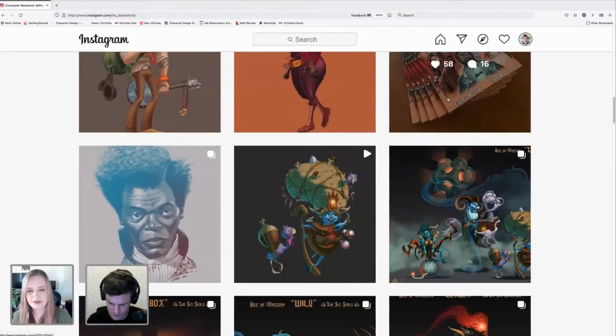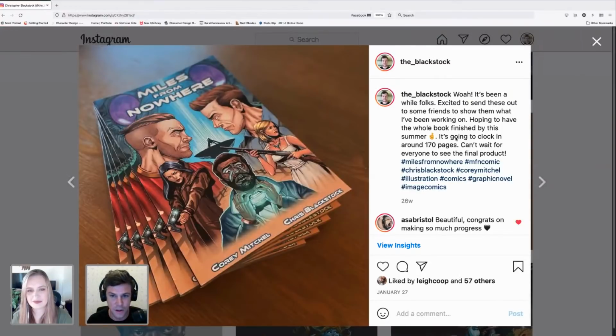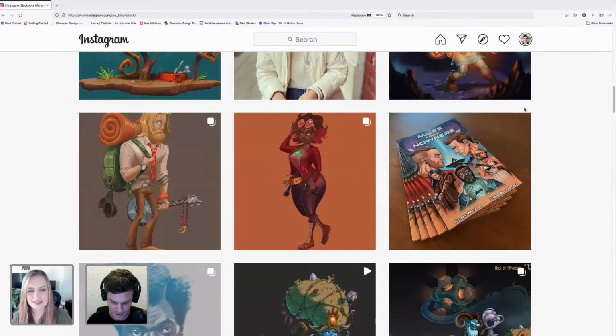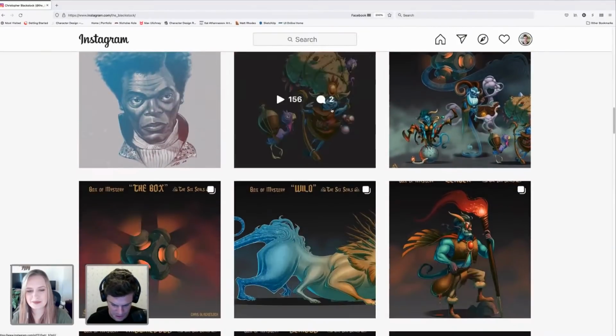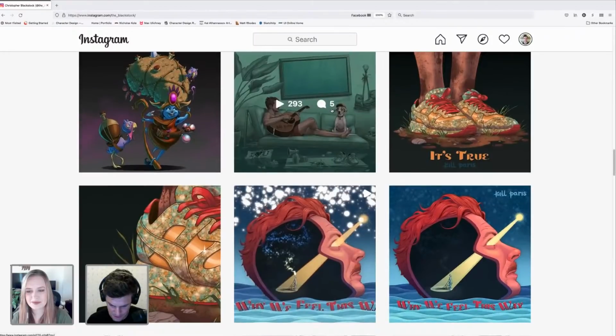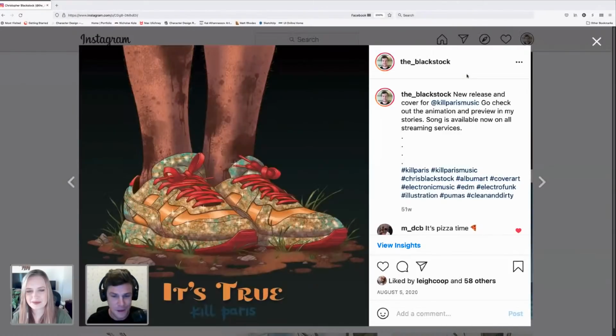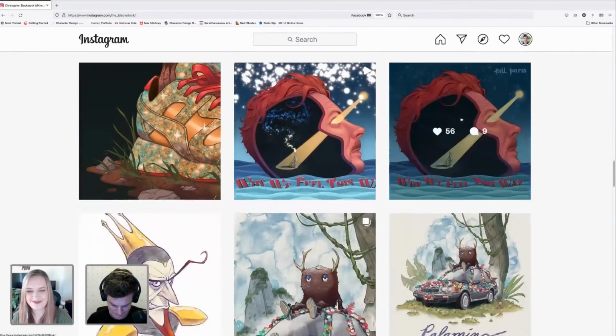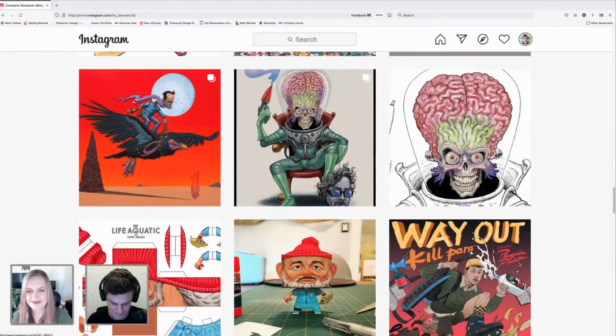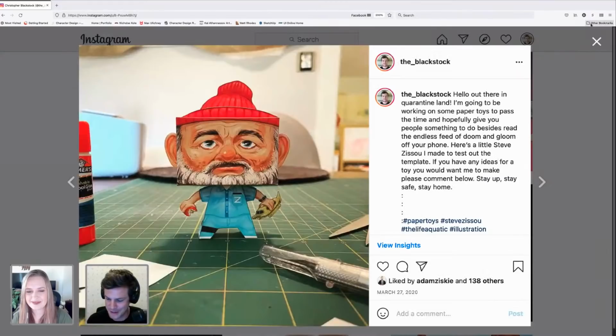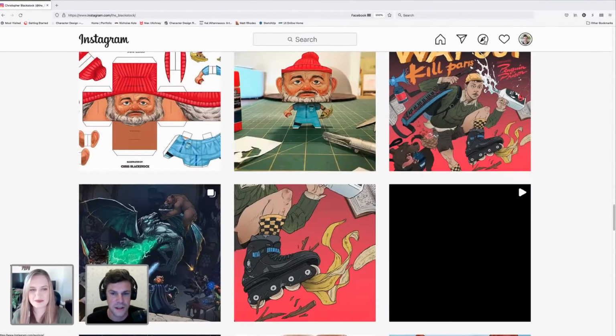This is that comic book I was telling you guys I've been working on. Oh, so nice. Yeah, that's the preliminary cover and then the first 3 chapters, but hopefully that'll be done. Here's just some design work. Like I said, I also do album covers that are usually pretty silly, but all kinds of stuff. Even did some paper toys in the past. And you guys can check out my website at theblackstock.com.